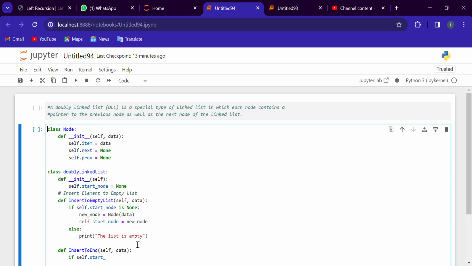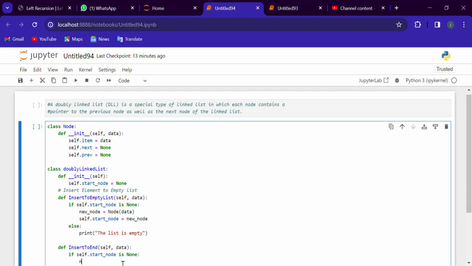If self dot start node is none, we will say that new node